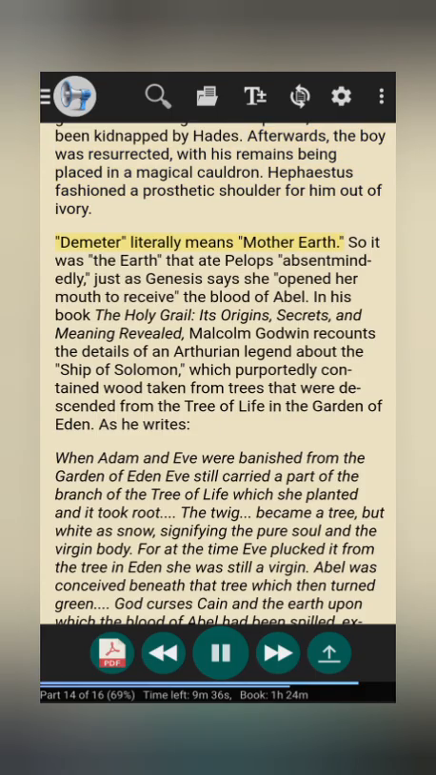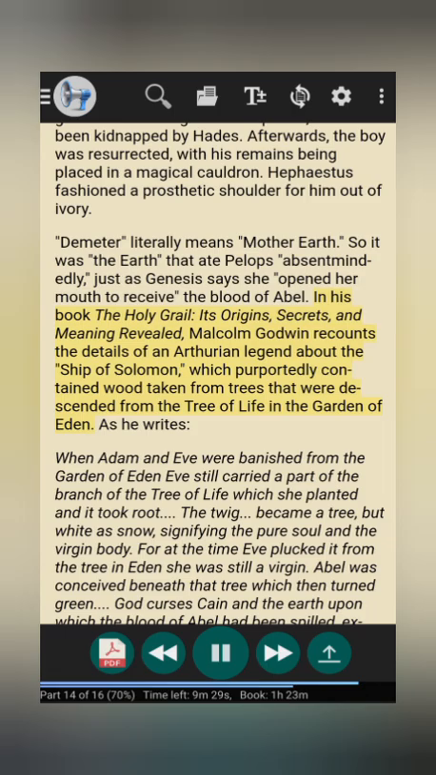Demeter literally means Mother Earth. So it was the earth that ate Pelops absent-mindedly, just as Genesis says she opened her mouth to receive the blood of Abel. In his book The Holy Grail: Its Origins, Secrets, and Meaning Revealed,